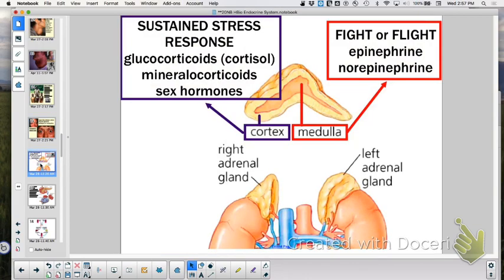Adrenal cortex. The outside of it, long-term stress. Stress over the course of the year. Stress over your class. Stress over the course of a season. Right? The adrenal medulla is fight or flight. It's in the moment. It's, oh, I have this quiz. Oh, my mom is yelling at me. Oh, I just won the prize. Oh, I have to do a speech. That's fight or flight. Adrenal medulla, long-term sustained stress is adrenal cortex.